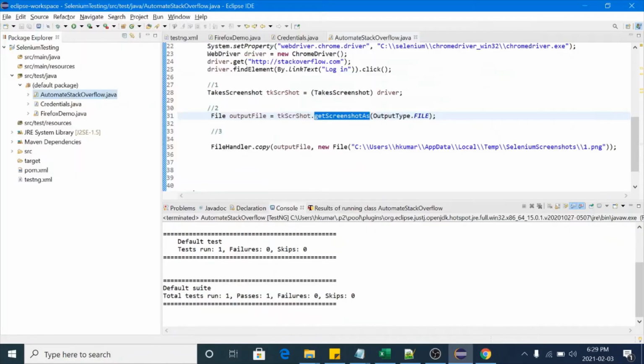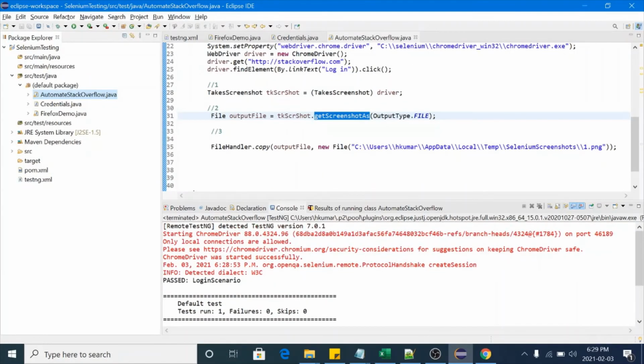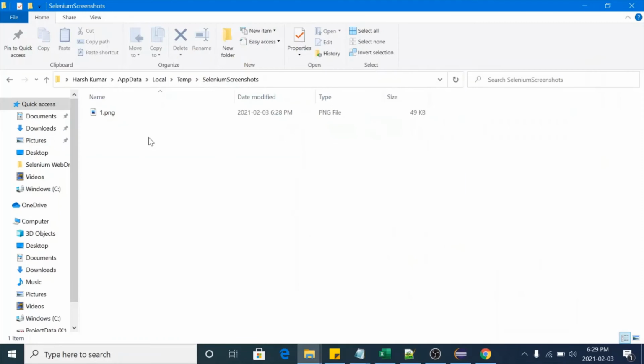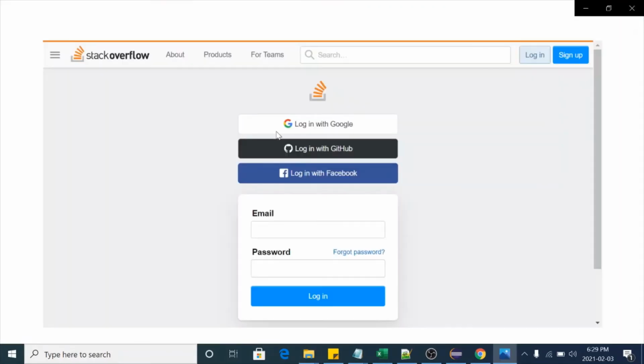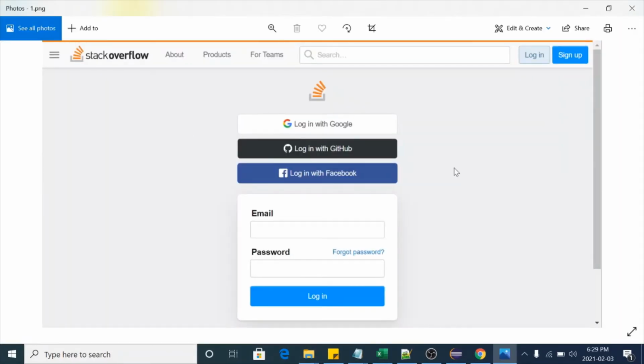Yes, our script is done, and now have a look. It captured the screenshot and saved it with the name one.png. Let me open this file. This is the screenshot of the login page.